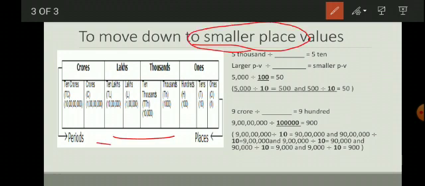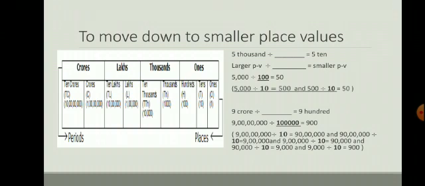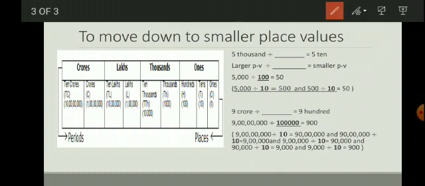Here we have a place value chart again. That means you are already there in larger place values, so you have to move to smaller place values. See the example. 5,000. That means you are already here in the thousands place value. You have to get 510, that means the tens place value. From here you are moving.